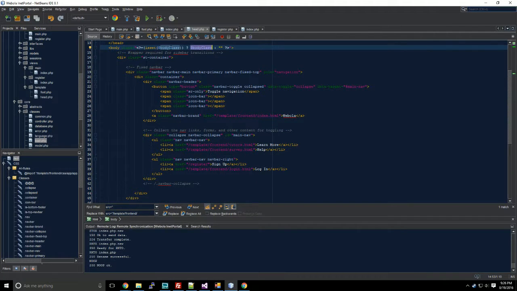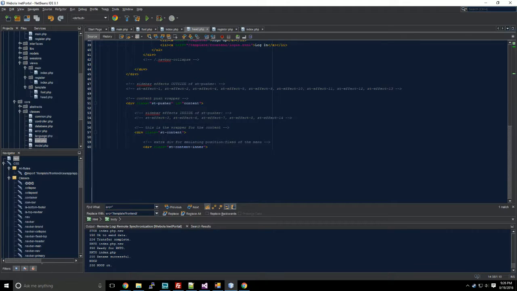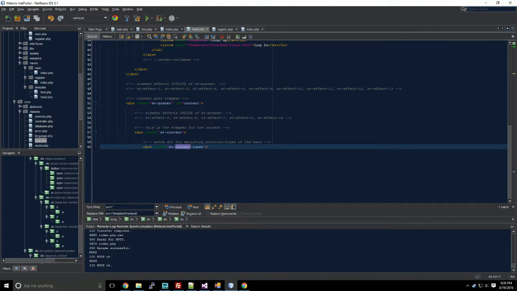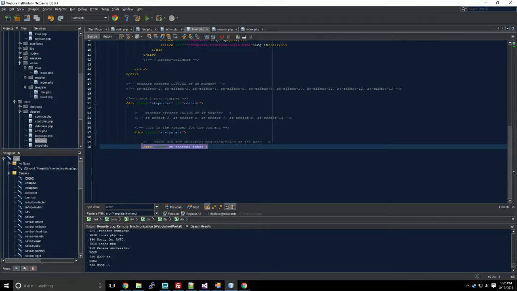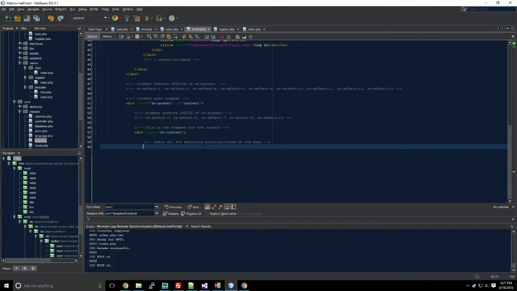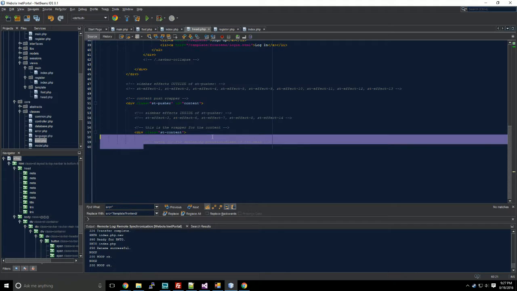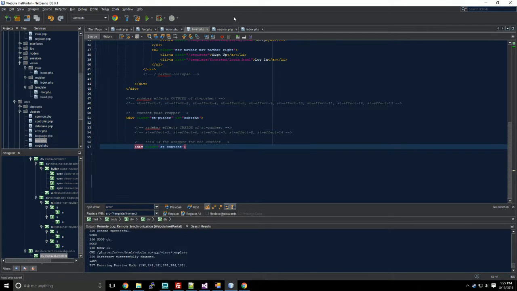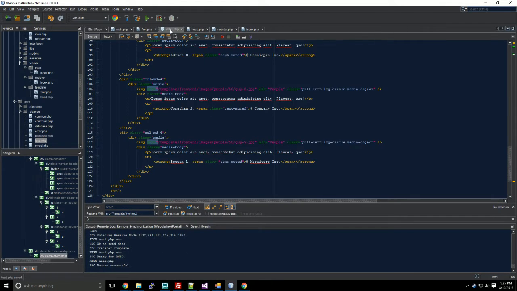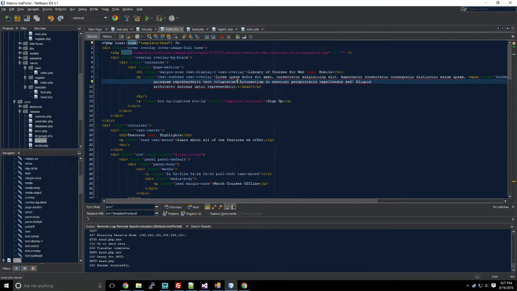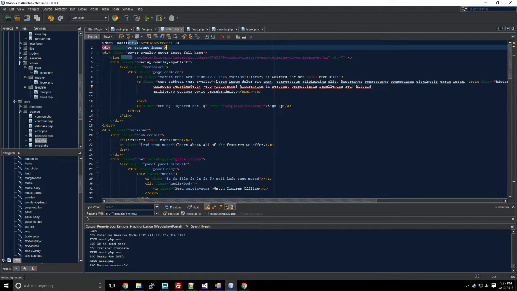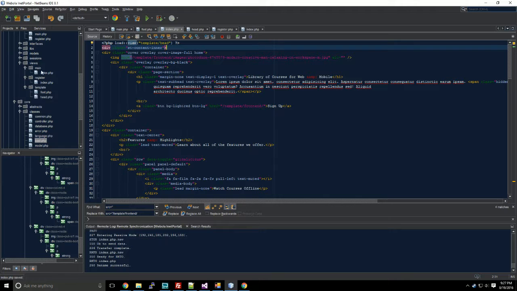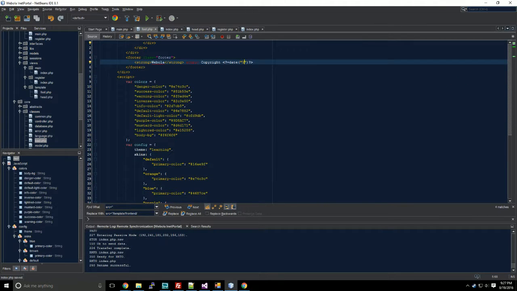Probably what we need to do is, since we have that, we need to include that on the pages that it's actually needed. So let's come back over here to this index page. I'm going to throw that back at the top. Let's go to our foot, and